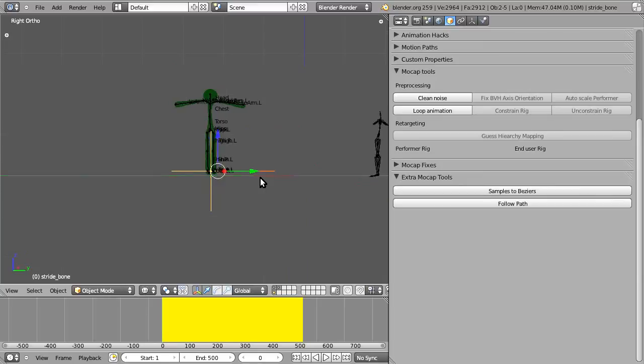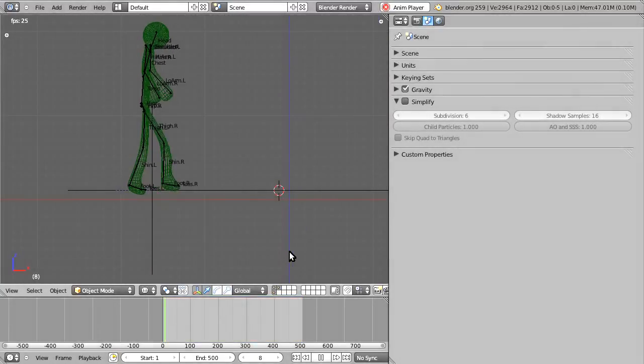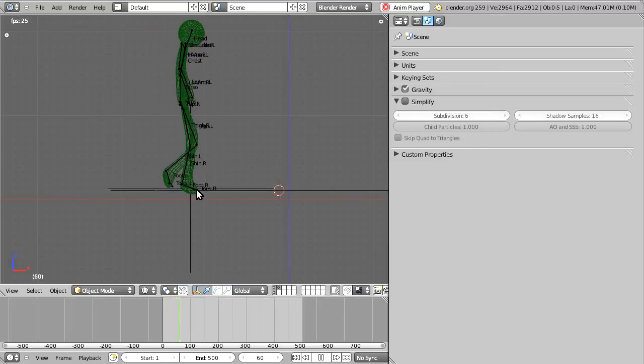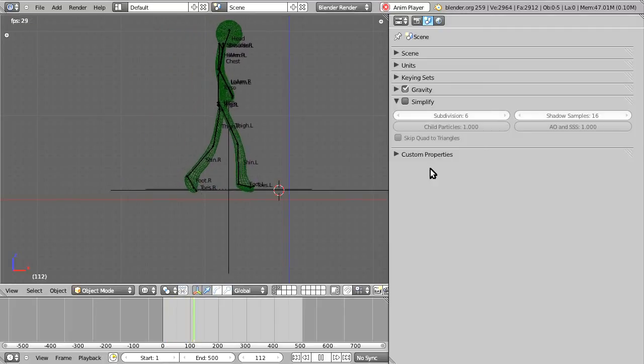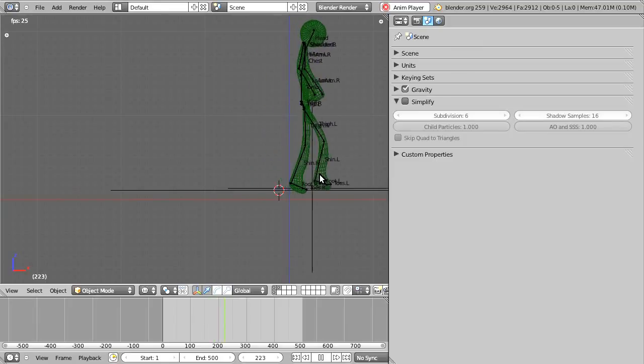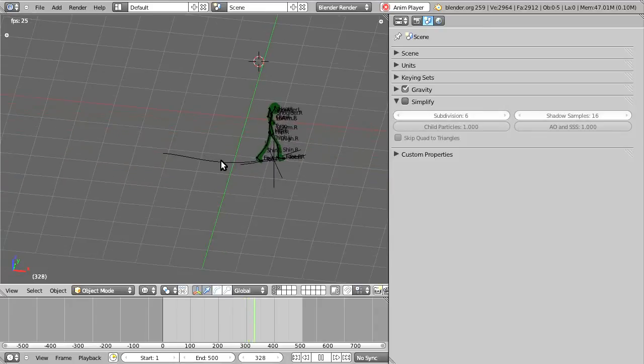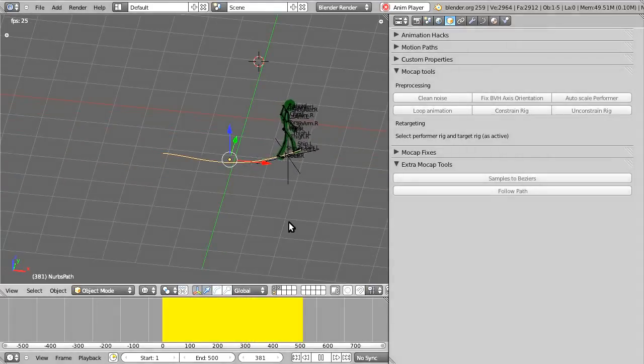Now, obviously, as always, foot skate is our biggest enemy. Let me just hide him. So let's see if we have any foot skate. As you can see, we don't, because the tool automatically calculates the correct speed of the curve to fix foot skate. This only works if the length of the curve is roughly the same as the distance the